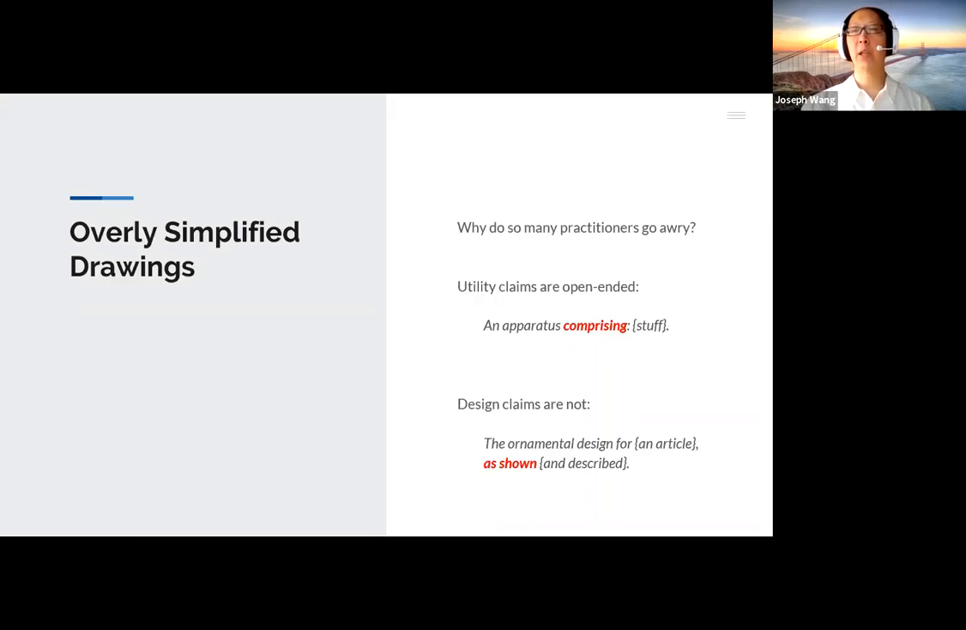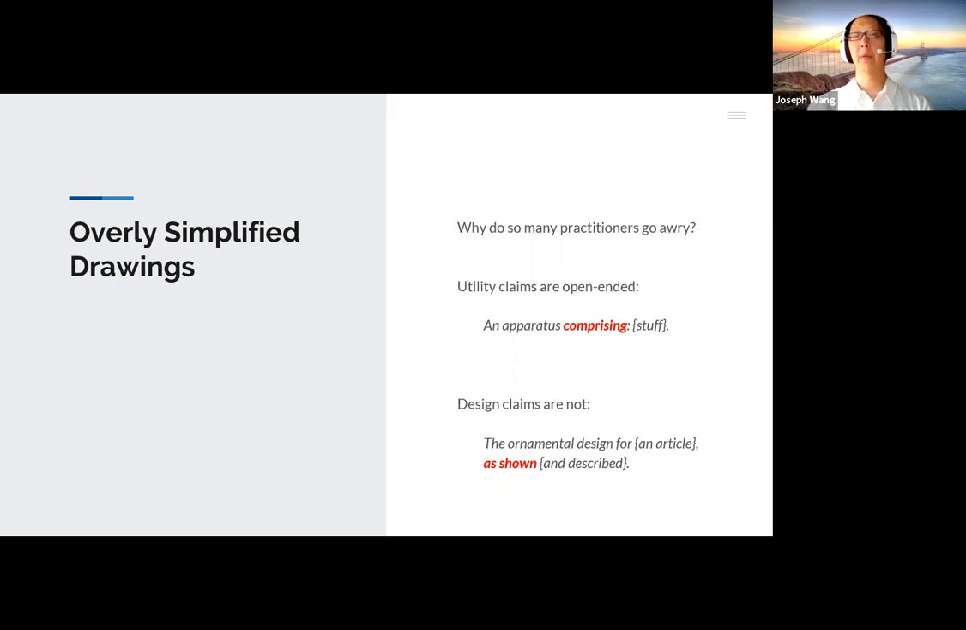This is so common and ubiquitous in utility practice, it just goes without saying most of the time. But looking at why this is the case, it's not just some cultural habit that utility patent practitioners have done. There's a legal reason for it. Here in the U.S., the utility claims are open-ended because of the transition word in the preamble of a utility